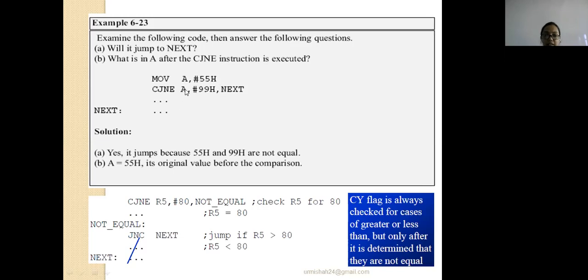But you can see here the data A and 99H are not equal, both are different. So here the jump if not equal condition has been satisfied, you have to compare first. If it is not equal, you will jump to the next location. So this condition will be satisfied here.